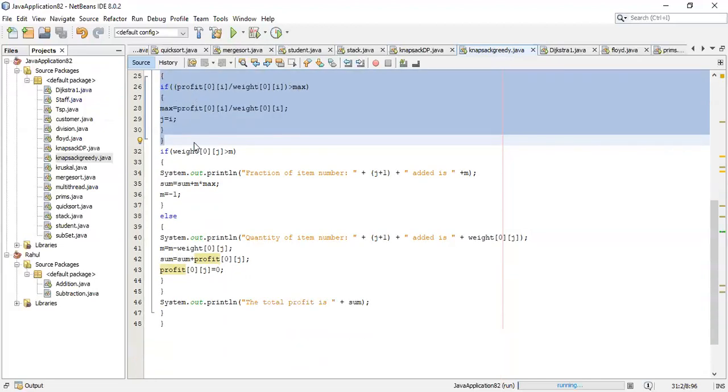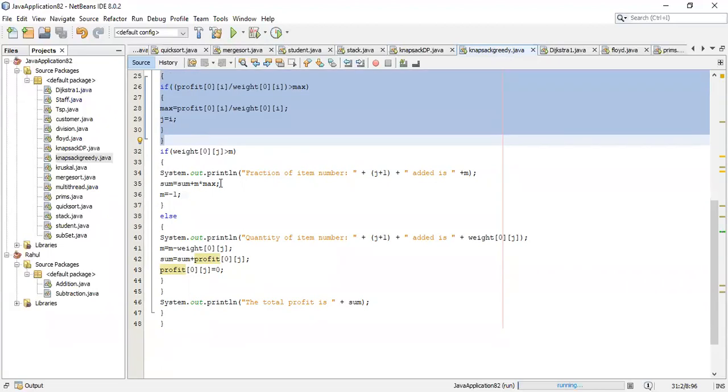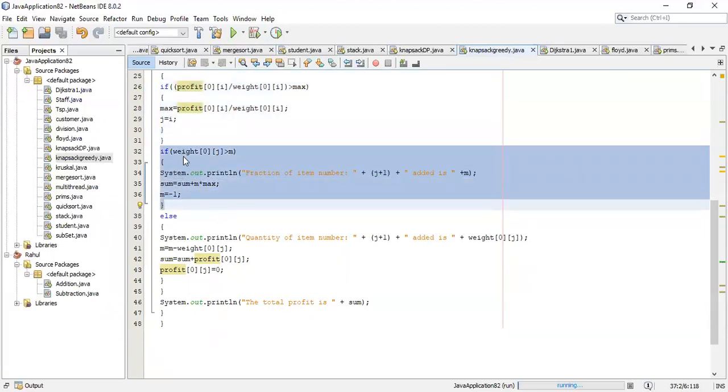So after selecting that, that item number is stored in j. Next, what does this if statement do?